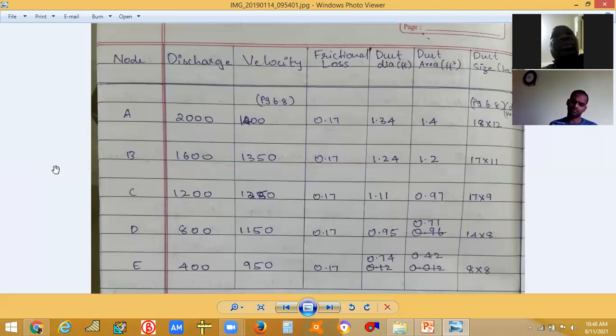That feet has to be converted into inches. So 1 foot is equal to 12 inches. Just multiply with 12, and you will be getting the diameter in inches. When you get the diameter in inches, substitute in that formula, FL equal to 0.109316 into Q raised to 1.9 divided by d in inches raised to 5.02. So in order to find d in inches, you need the area, which is pi by 4 d square.